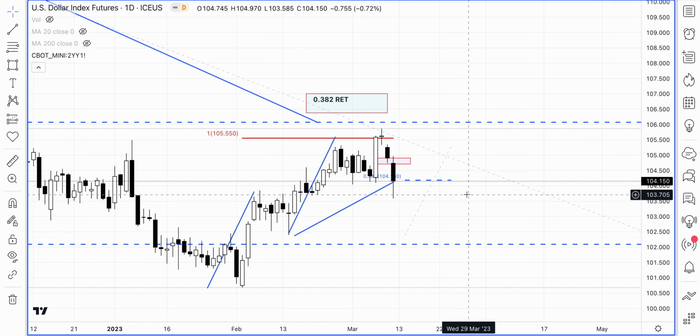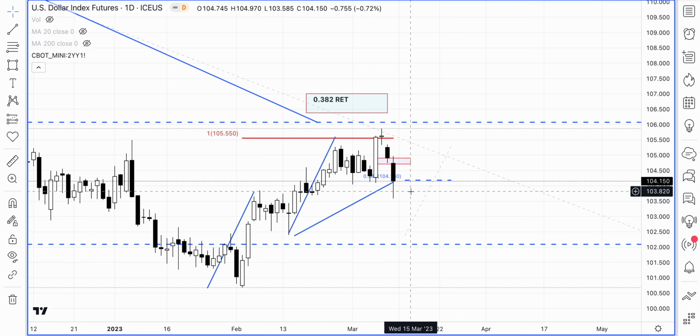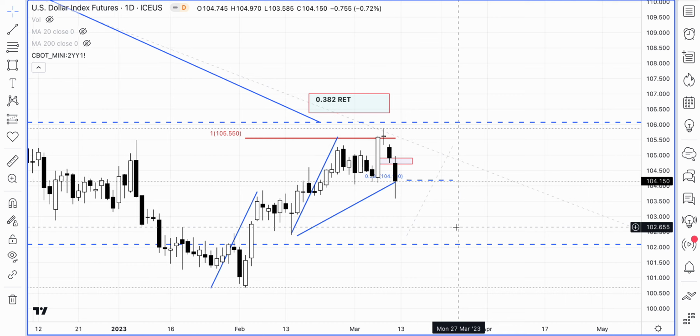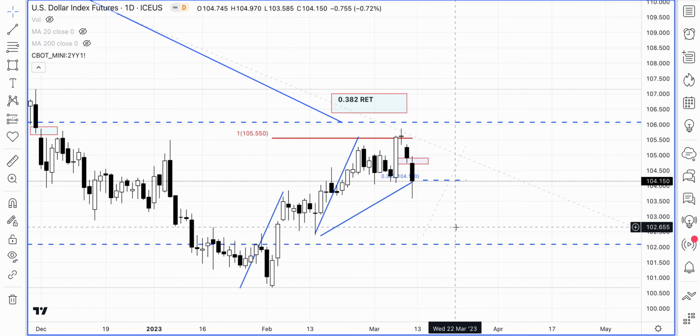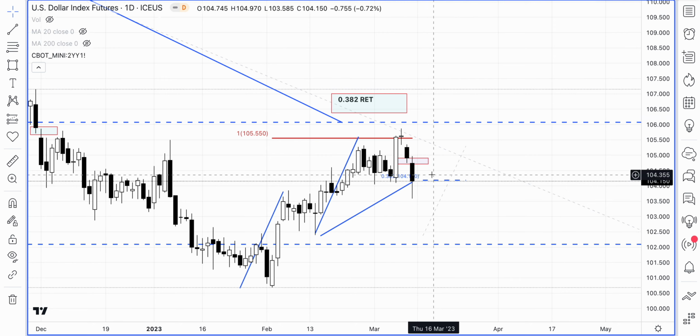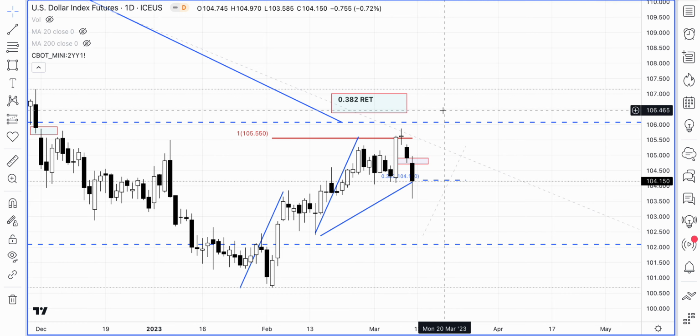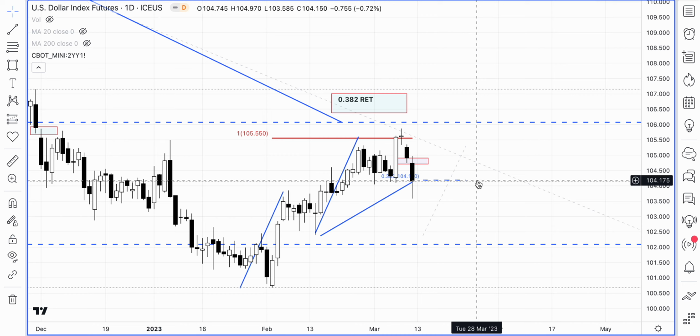Now, because of the ABCD completion, the dollar index is at a level which is really important to watch, the 104.18 level. If the dollar index moves lower from here, then there is going to be significant dollar weakness to come, in my opinion. Otherwise, there is a possibility this might act as a floor at this level, and we could see a stronger dollar. So 105.18 is the one to watch, whether it's going to act like a floor or a ceiling for the